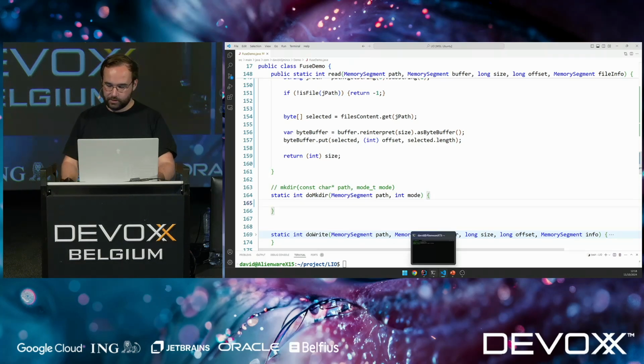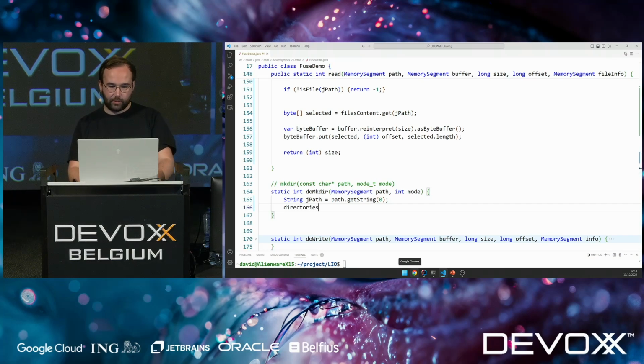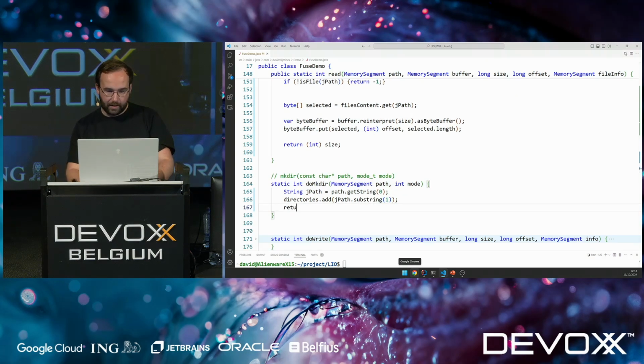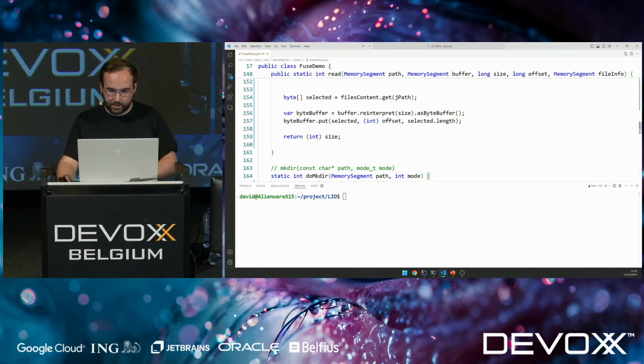So the next thing I want to do is to implement the create directory method. So I'm going to do the same trick again. I'm going to get the path, and then just quickly add it to this map with the other directories inside of it, without the first character. And then I'm going to return 0. So this last method is really to show you that not all of those methods are really complicated, to not scare you away. So the next thing I want to do is to actually run this